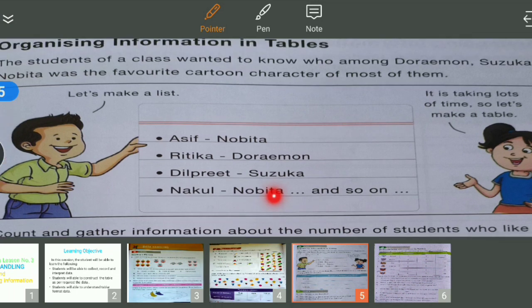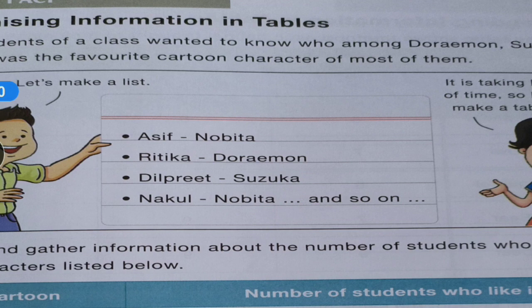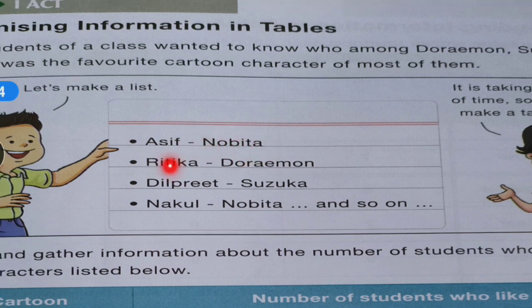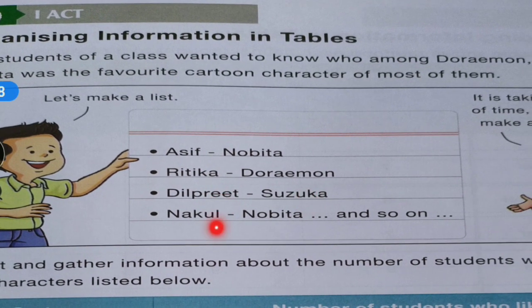Suppose in our class 40 students are there. Then here they have made the list: Asif likes Nobita, Ritika likes Doraemon, Dilpreet likes Suzuka, Nakul likes Nobita, and